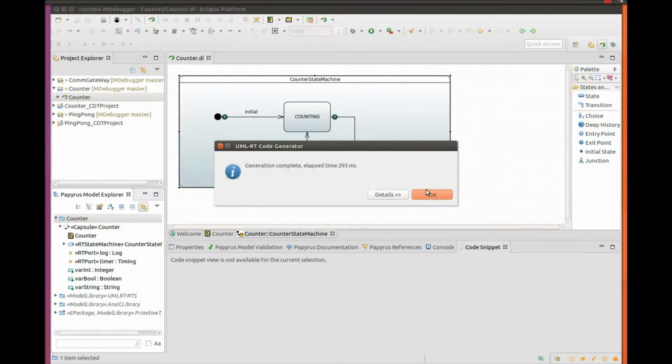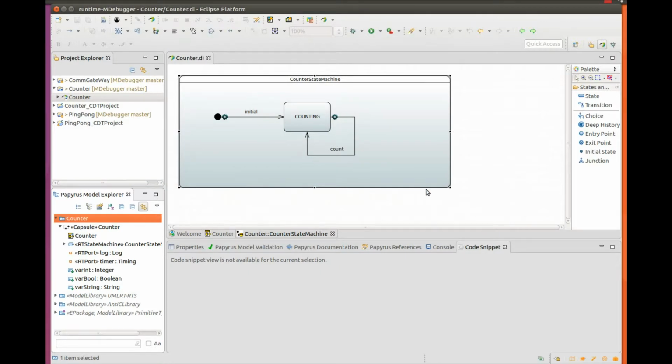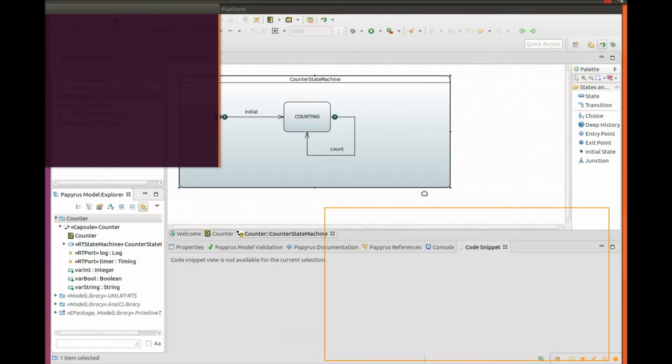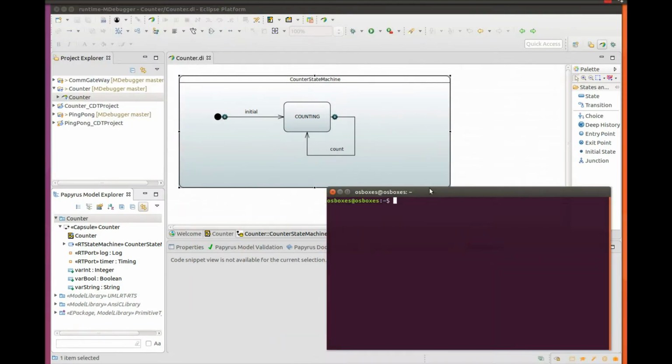Once the code of this application is generated, the application can be compiled and executed. Compiling and executing the application can be done either in Eclipse or in a terminal. So let's open a terminal. Let's locate this application, which is counter src.